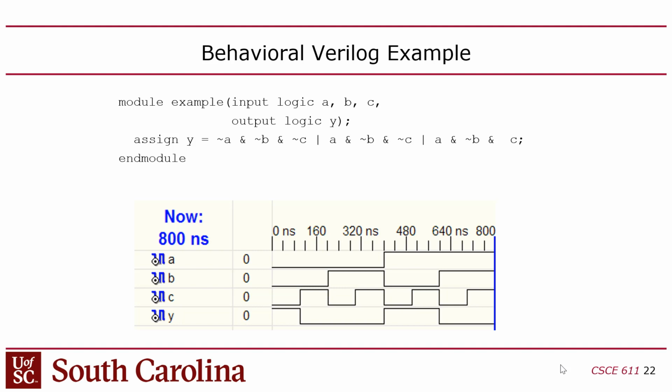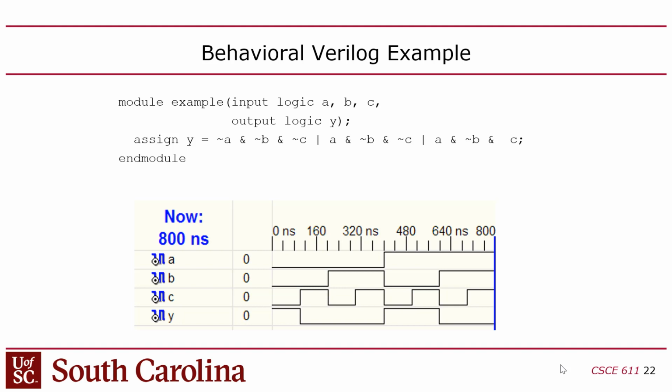Presumably a test bench that wraps around this, or you can set these values directly from the simulator using a language called Tcl. In this class, we're going to focus on test benches, which is where you use a Verilog module in order to set the inputs for another Verilog module that's inside of it. And then the outermost Verilog module, the test bench, can also verify the outputs of the one inside. So the one inside is called the design under test. So this would be like a design under test if we were testing it, and we can wrap it into a test bench, which would then be responsible for setting these A, B, and C inputs and